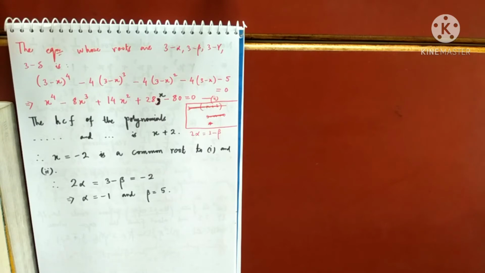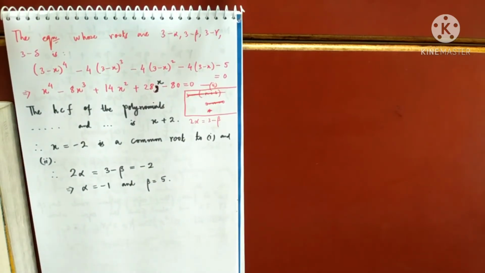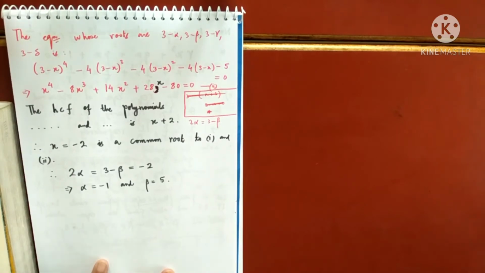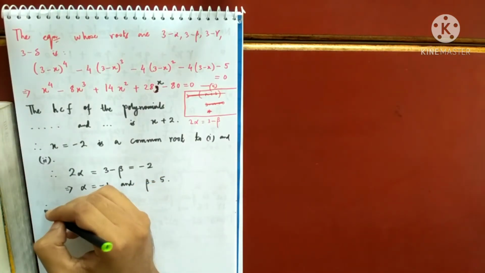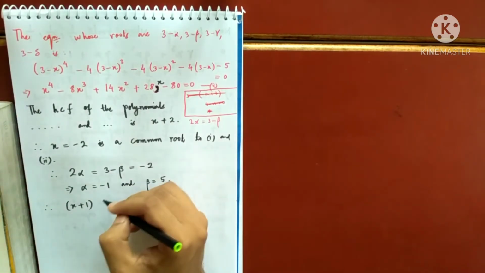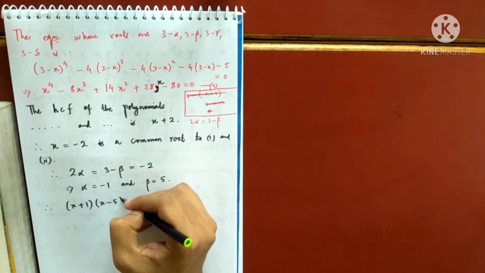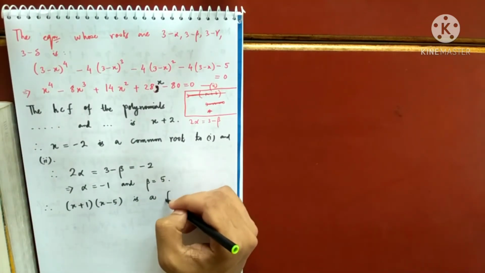So you see, I have got the two roots to the original equation. Don't forget that alpha and beta were the roots of the original equation, right? So because alpha equals minus 1 is a root, alpha plus 1 will be a factor of the original equation, and x minus 5 will also be a factor of the original equation. So therefore this is a factor